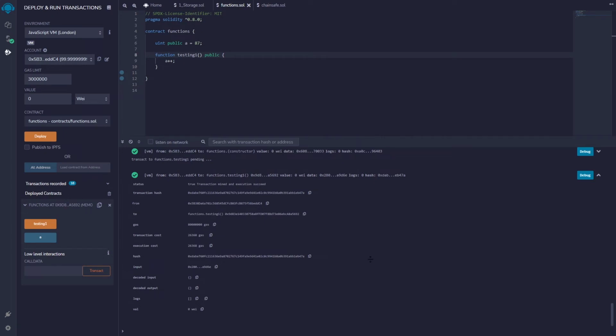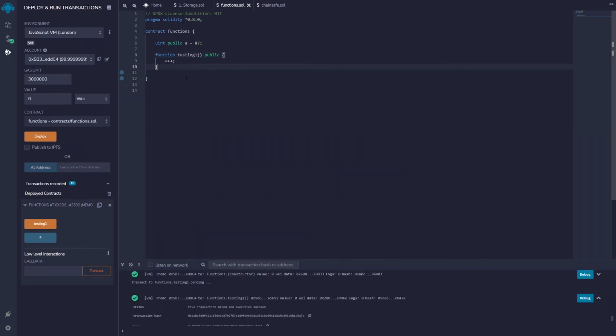I'll tell you what, let's leave it like that for right now here. Let's change this up a little bit here. Let's make this accept some arguments. So instead of returning a variable here, let's say uint A, or let's call it num1 just for simplicity. So now if I want to call this function from here, I have to give it some type of value. And what I'll do is I'll say num1 times 2,